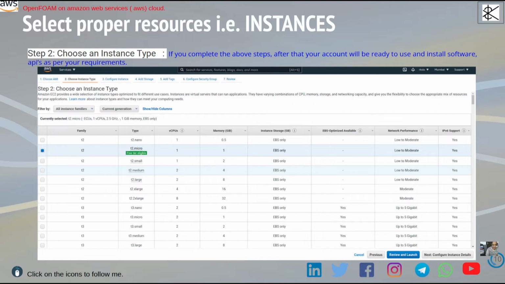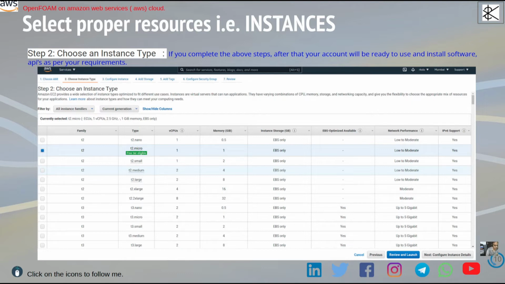That is a very important point I would like to mention here. When you have limited resources and you want to finish your task within the time, you can use the AWS cloud. This is very beneficial.